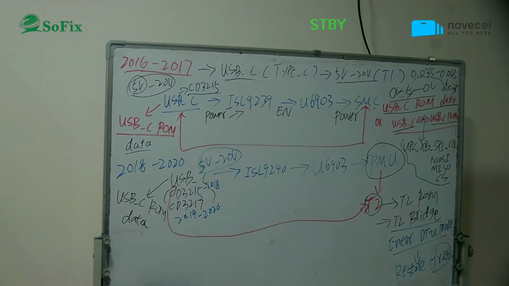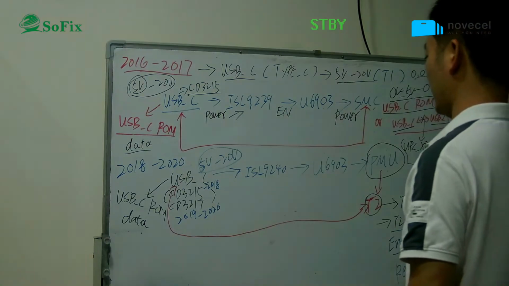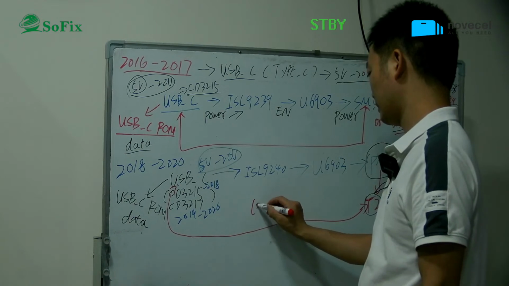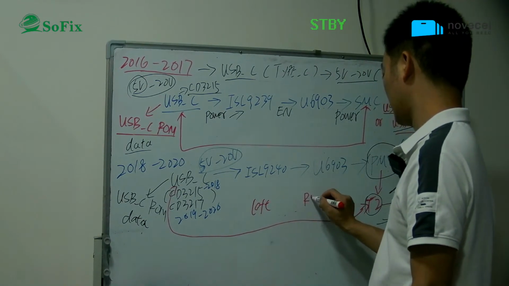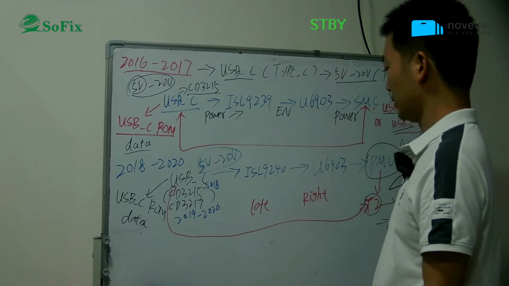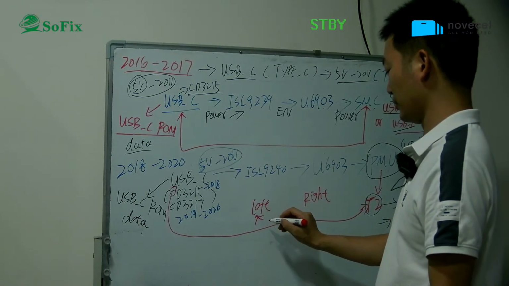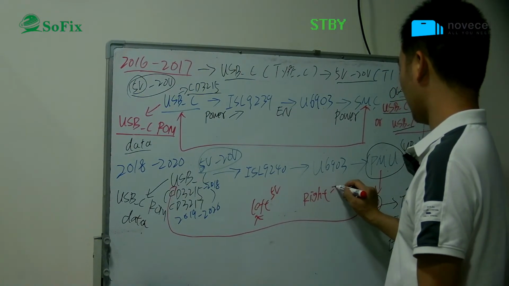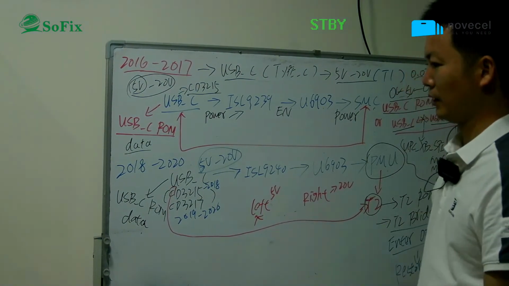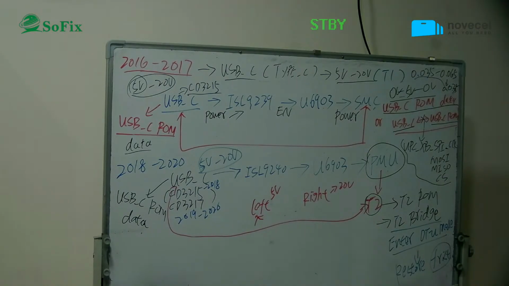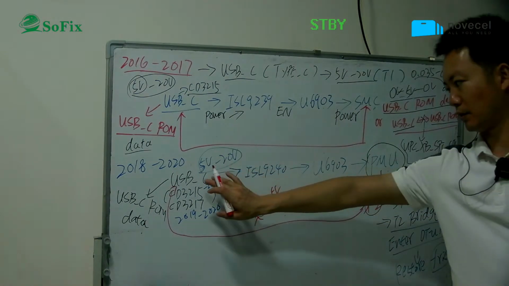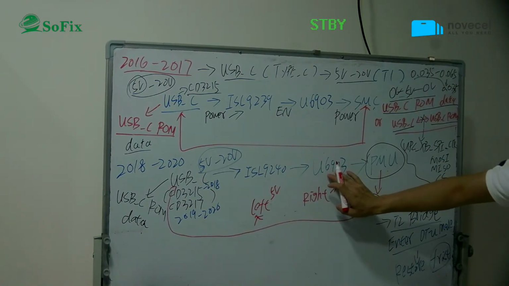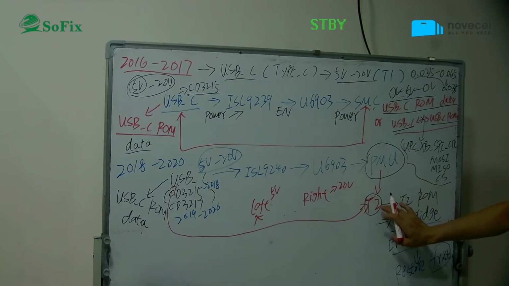And now, in the video you can see the left side and the right side. Connect this side, it can boost to 20 volt. This one is just 5 voltage. Then you connect to this side, it can boost to 20 volt. So this means the USB-C working connection, the charger IC, this 903 and also the PMU T2